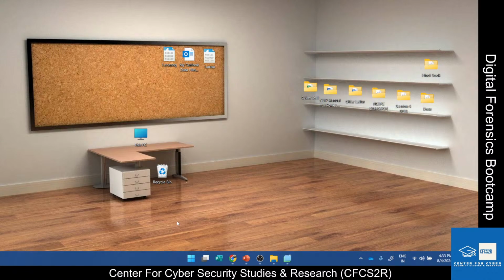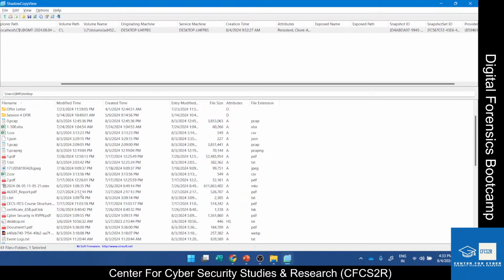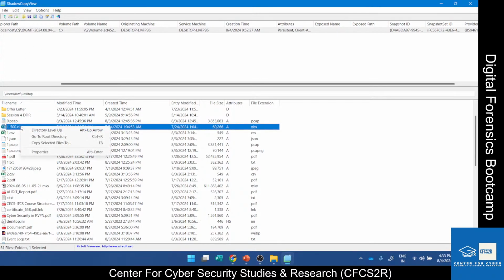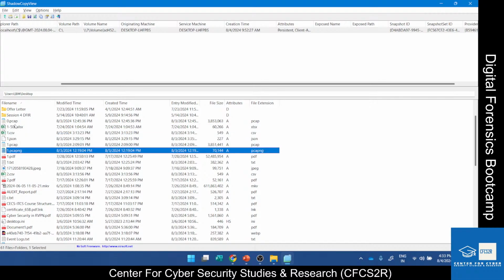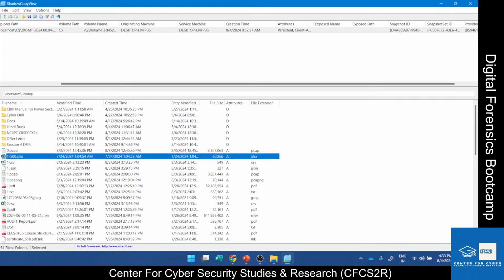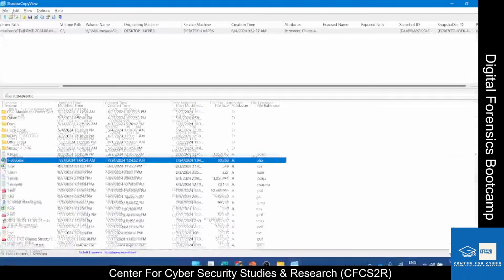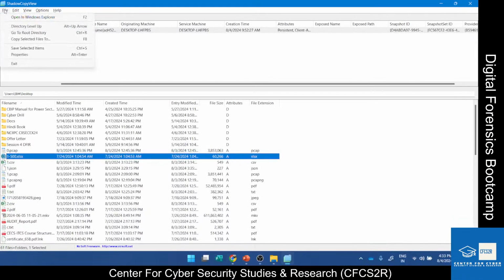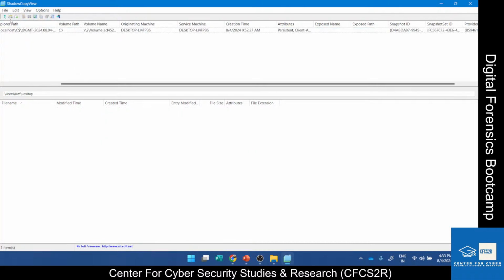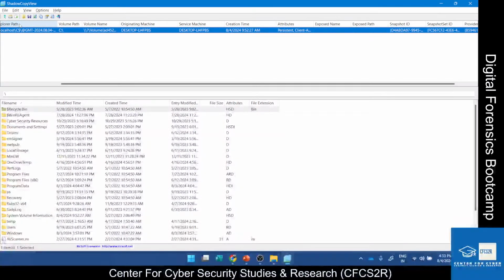So this is the beauty. Even if the files are deleted, they are still available in Shadow Copy View, and if you want to export them, you can export them or open them. So these files are available. Another beauty is that you can also create a snapshot. If you want to, you can always go to this and create a snapshot. There are a lot of options, and sometimes a single snapshot is available, sometimes multiple snapshots are available. It all depends upon the